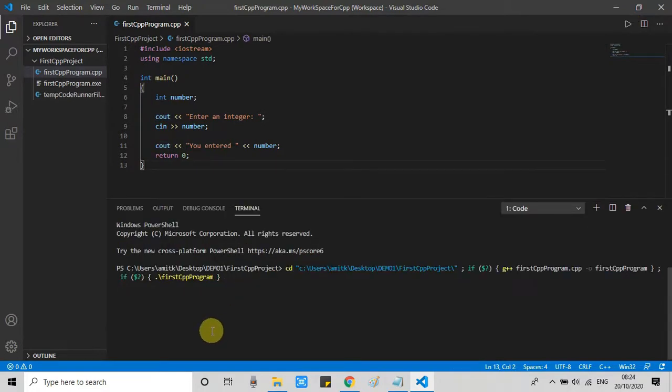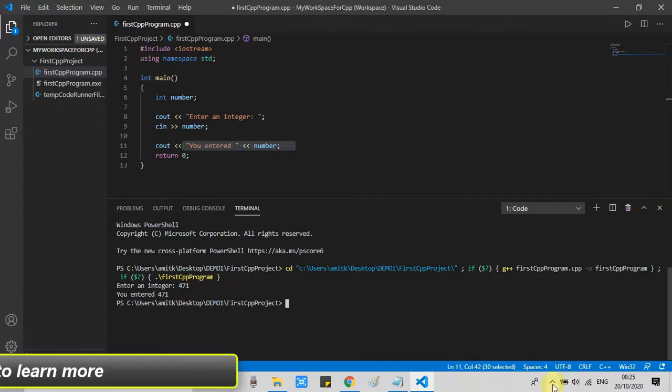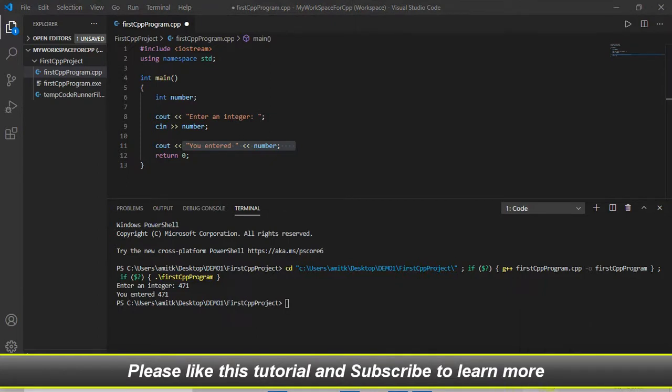Okay, the run activity has been started. Now you can see the message appeared, enter an integer number. So just click on this terminal and then type any integer number that you want to give, press enter, and then our program will read this number and it will be printed on the console with the statement at line number 11. So this statement worked perfectly. So you guys have seen this is the proper way to set up your VS Code for C and C++ program development. I hope you guys found this tutorial relevant and useful.